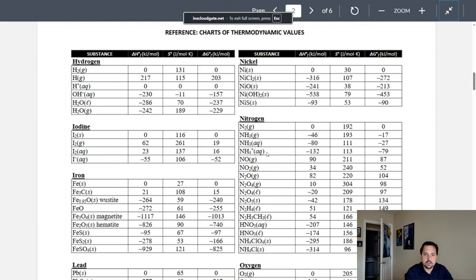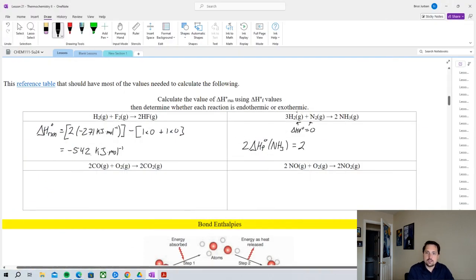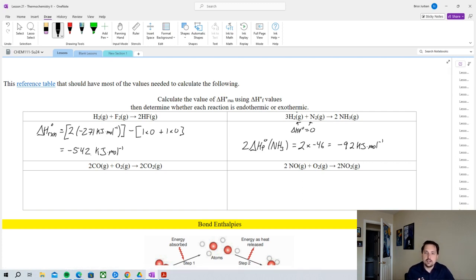Ammonia would be under nitrogen, NH3 gas, negative 46. So 2 times negative 46, and that gives us negative 92 kilojoules per mole. If you remember this reaction from earlier in the semester, this is the formation of ammonia in the Haber process. So this reaction we can now determine is exothermic, and it releases negative 92 kilojoules for every mole of ammonia